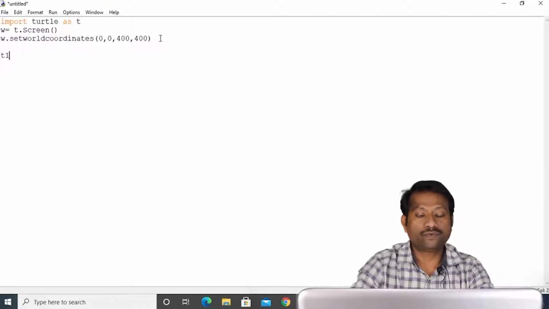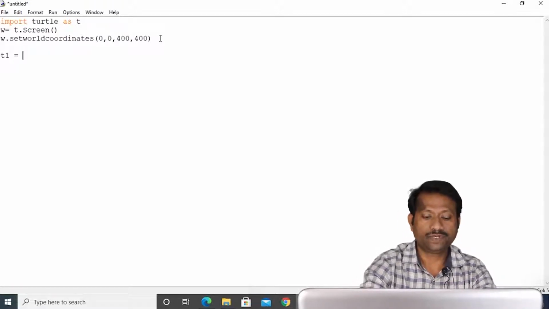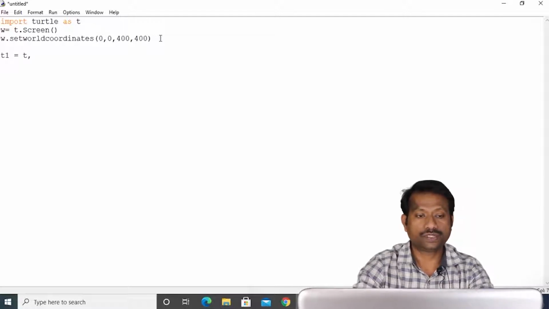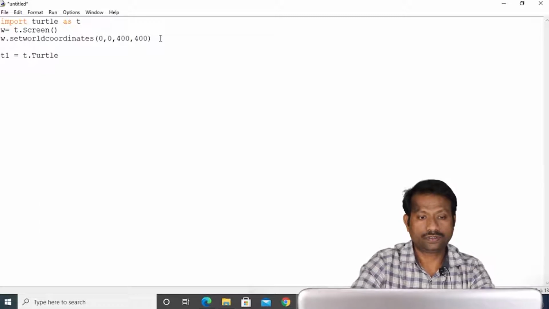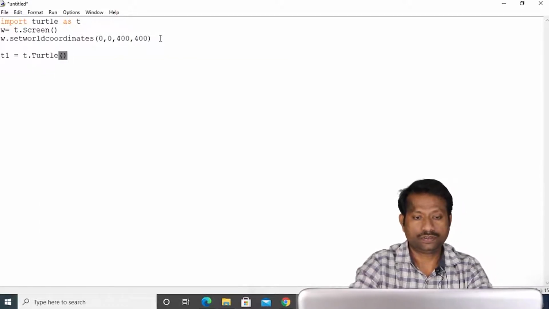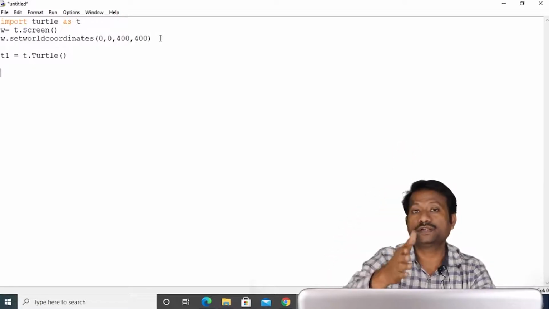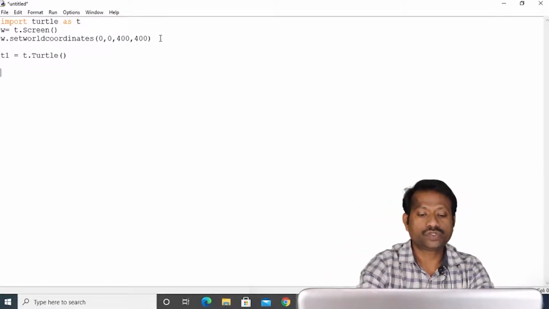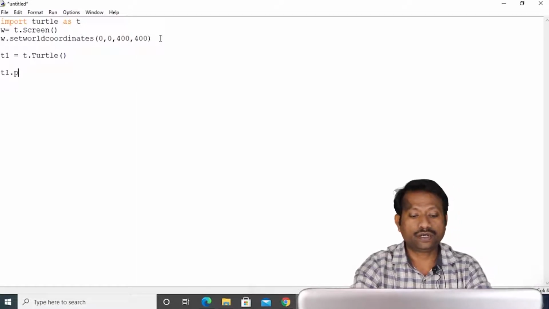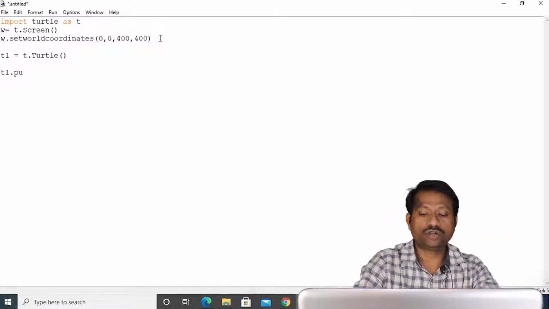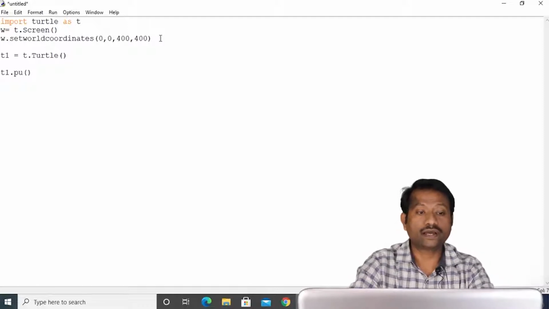Now let us create one turtle. t1 equals t dot Turtle. Now we have created one turtle, and now I have to bifurcate this window centrally. So I take that turtle up from the screen so that it should not draw any line while traveling.